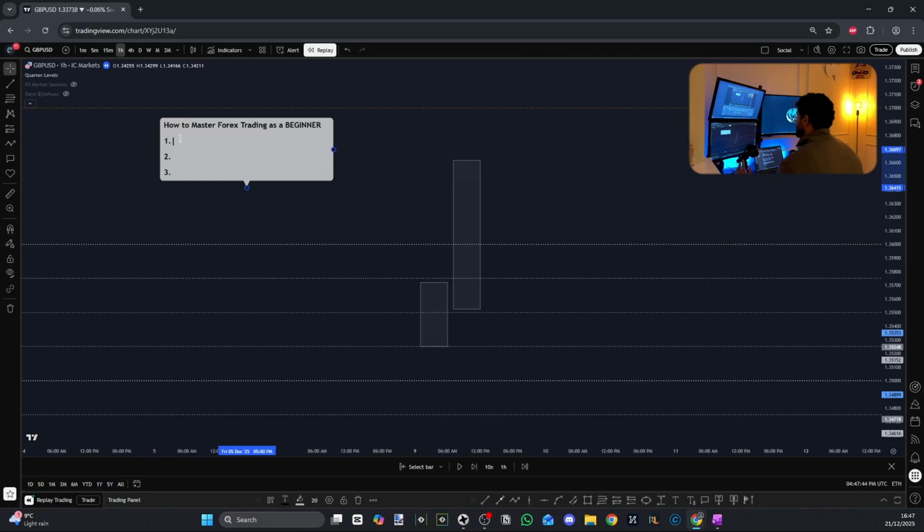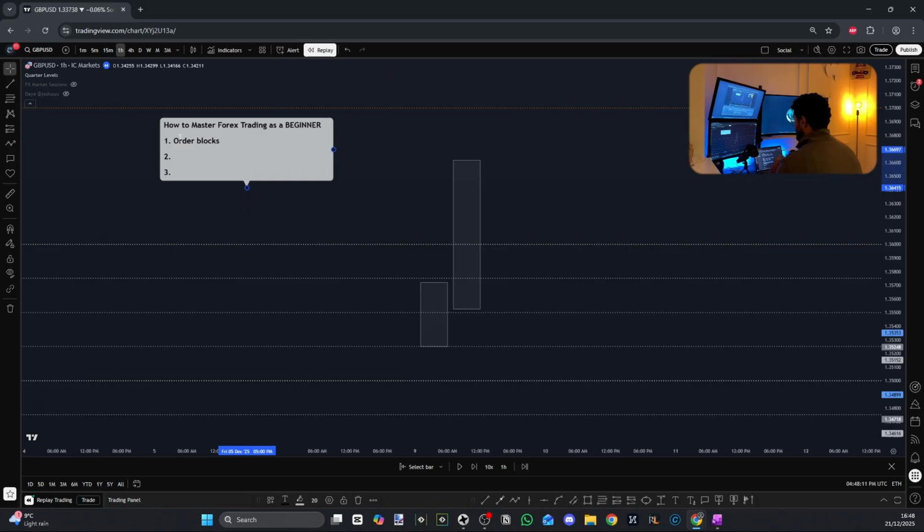The way I'm going to structure this video is I'll briefly explain each of the three different concepts, combine them together, and then I'll show you a live market chart example. So concept number one, order blocks. An order block is by definition the last bullish or bearish candle before a strong move,